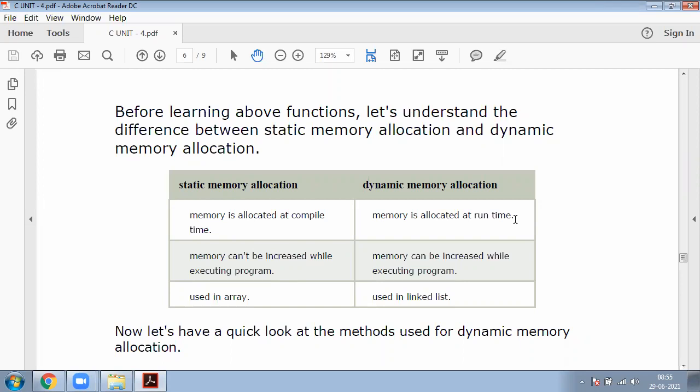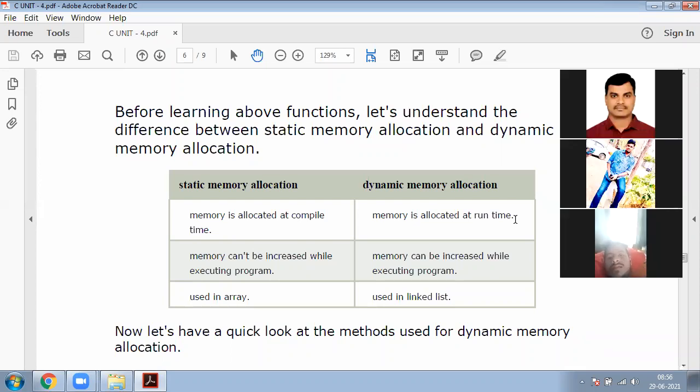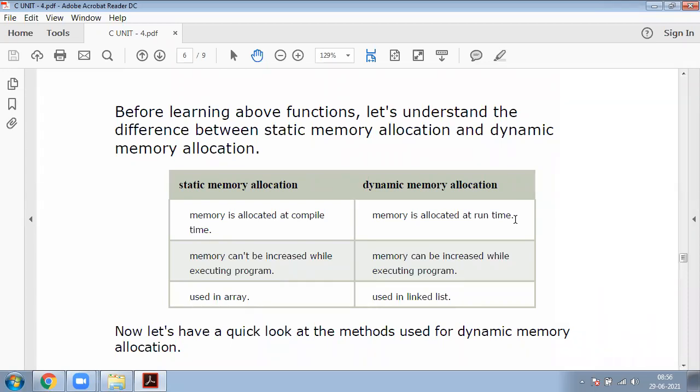But in dynamic memory allocation, memory can be increased while executing the program. Why? Because this is dynamic memory allocation. We can allocate the memory at running time. That's why we can increase the memory at execution time also.